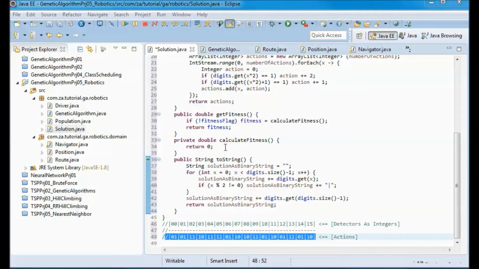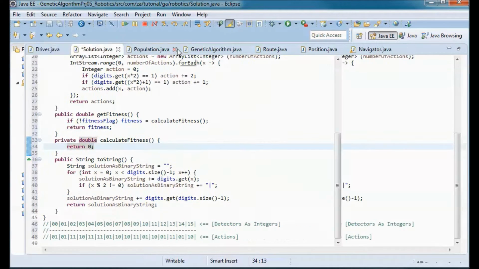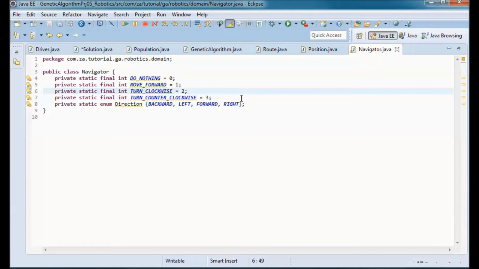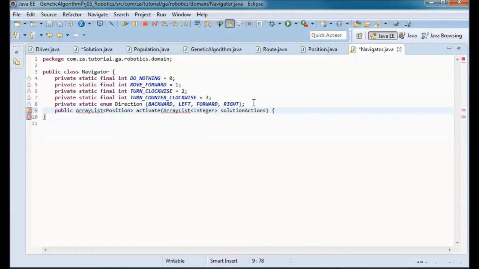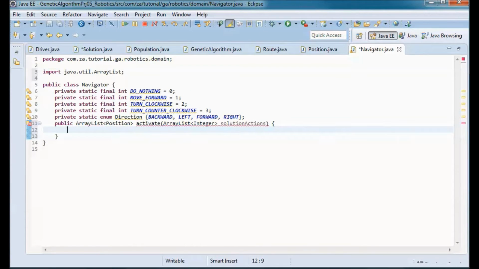And before writing the calculate fitness method, let's go to the navigator, and so the navigator will have one public method, which would be activate, and let's return null for now.